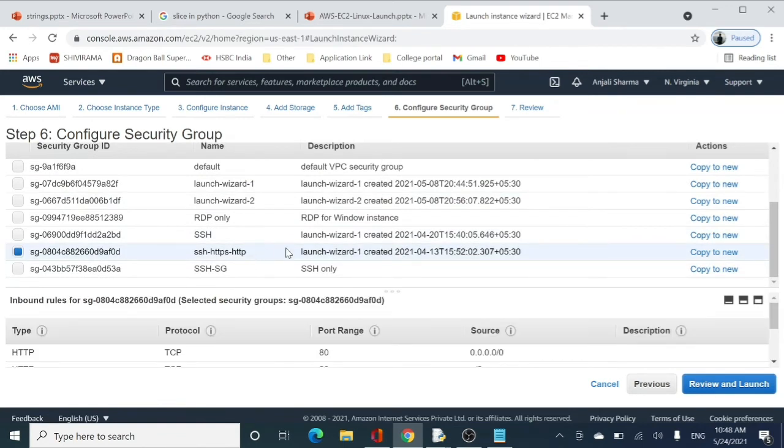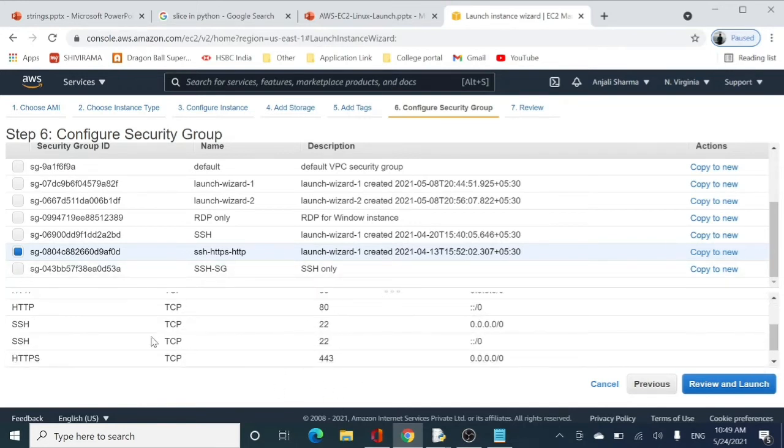So you are going to SSH into your EC2 instance, along with that you will be requiring port 80 to be enabled through your security group, because it is an HTTP web server, and it works on the application layer of your OSI model, and that uses the HTTP protocol, right? So you need to allow this port range also, right? So I am just using my favorite security group, which has SSH, port 80 and port 443 for HTTPS.